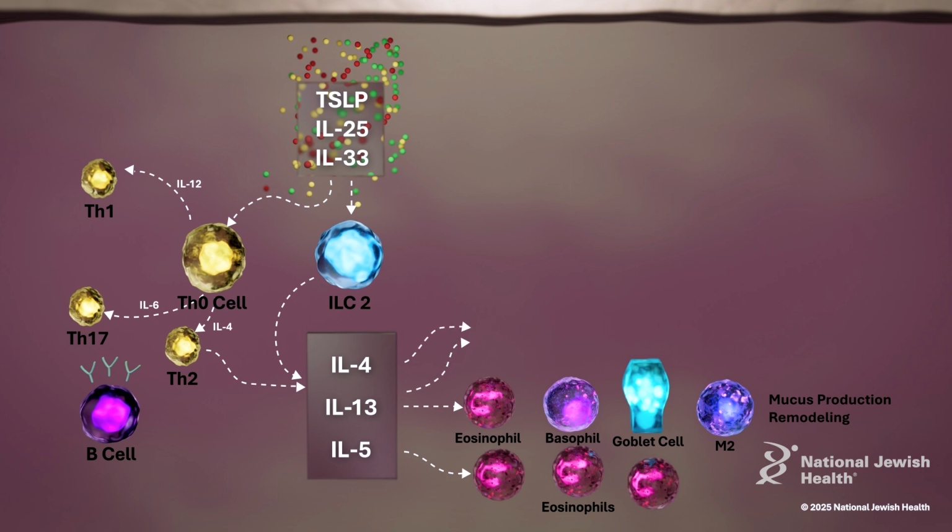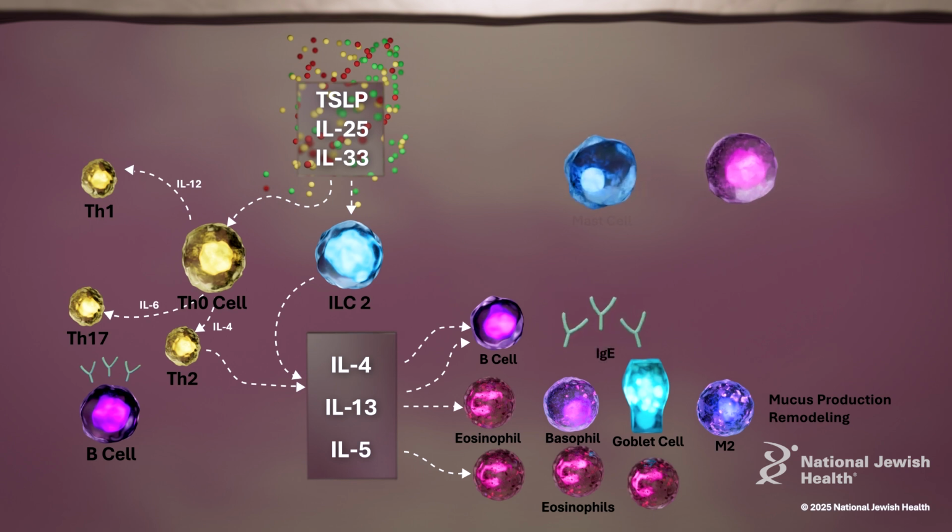IL-4 and IL-13 are responsible for isotype switching of the B cell towards production of IgE, which binds to its Fc receptor on the surface of mast cells and basophils. When exposed to a specific antigen, as in the case of allergic rhinitis, these IgE molecules and their receptors cross-link, leading to cellular activation and release of leukotrienes, prostaglandins, and type 2 cytokines.